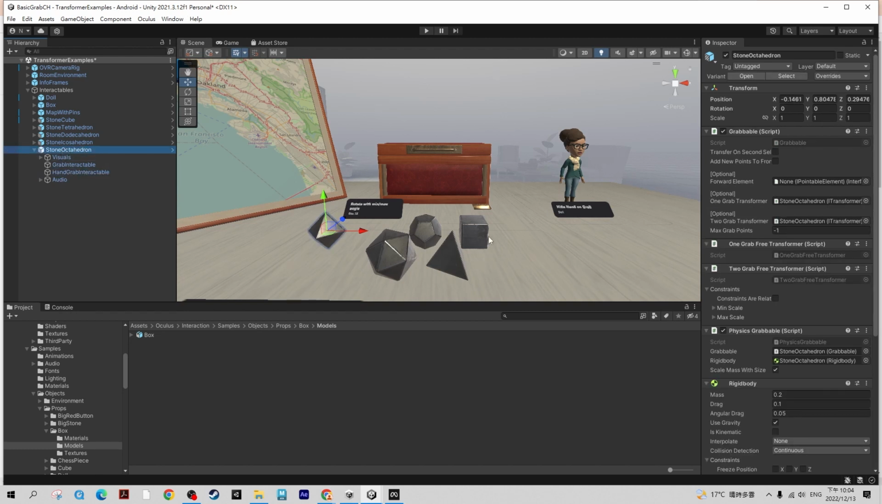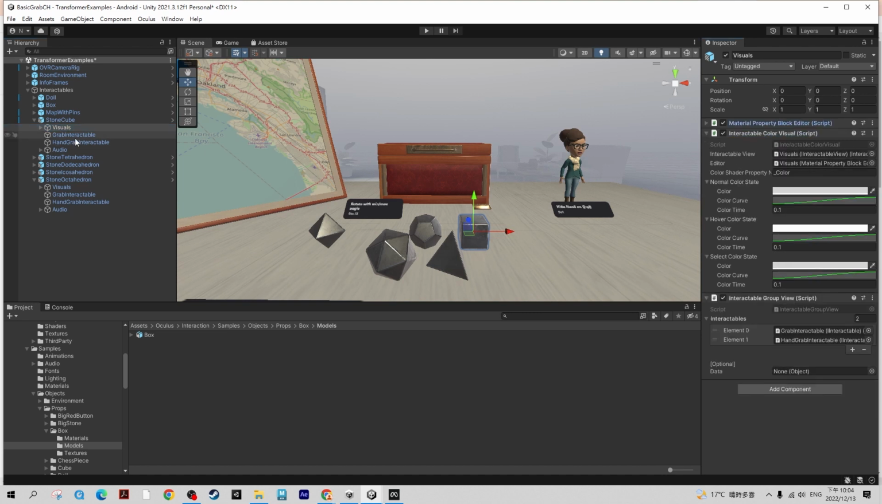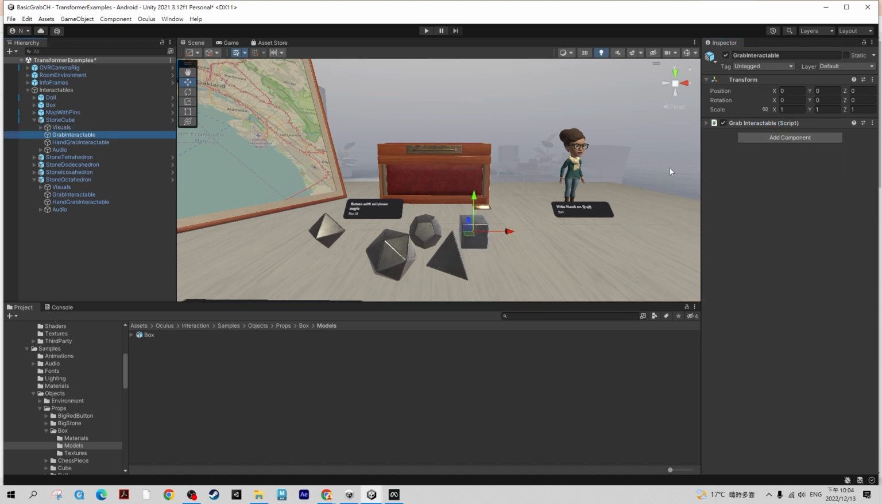This cube. Just get this cube. Okay, there's the stone cube. This one. Okay, for the visuals we didn't change the color. It's okay, these are for the visuals. This is a grab interactable, it can be grabbed. That's what we call grab interactable. Okay, second one is